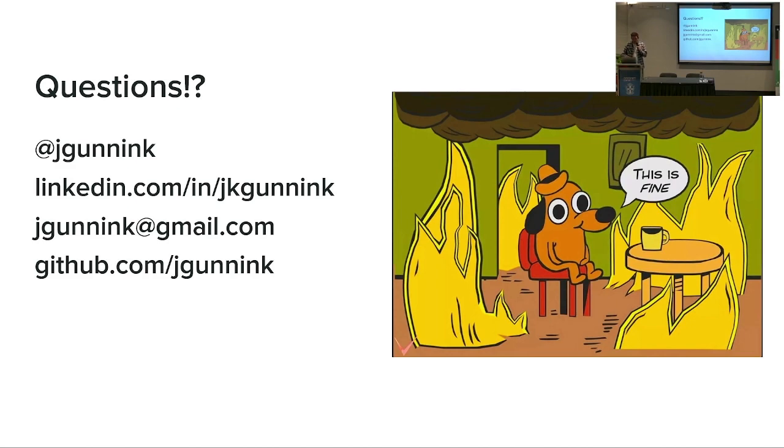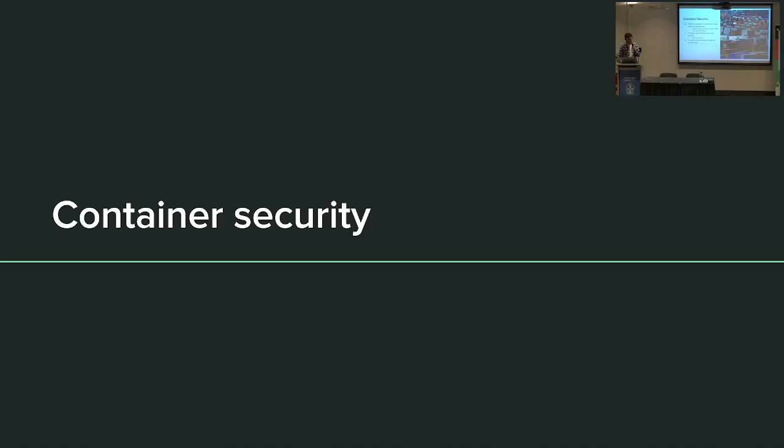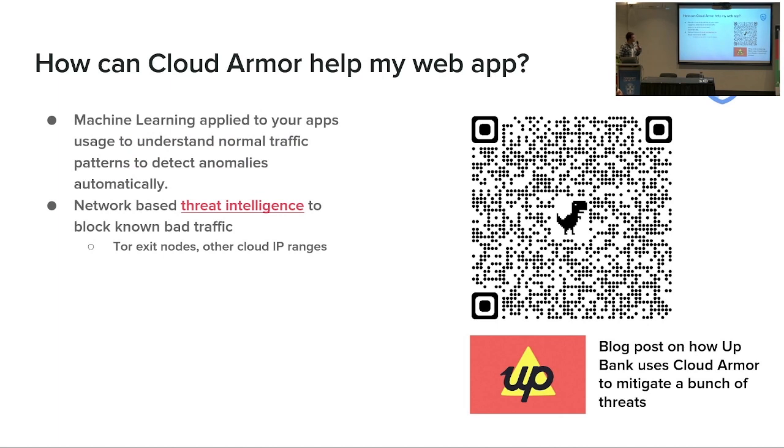For the known bad traffic stuff, just go back to that slide here. This one. So Google keeps a record of known bad IPs or known IP ranges. Google itself has its own IP ranges, public internet IPs that it's been assigned that it controls. So other clouds can do this too to block Google Cloud traffic, but it also knows the IP ranges of AWS and Azure. And Tor exit nodes are public